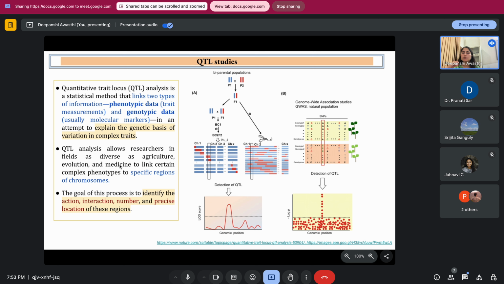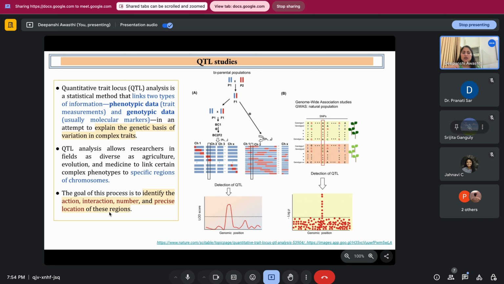For example, some crop is giving the higher yield, some crop is able to survive in drastic desert-like conditions, so it is heat tolerant, or it can survive in lesser water conditions. So we can identify those sequences or regions which are present in those crops. In that case QTL studies are quite helpful. They help to quantitate which loci is mostly associated with a particular trait. So these all studies come under QTL studies, and the goal is to identify the action, interaction, number and precise location